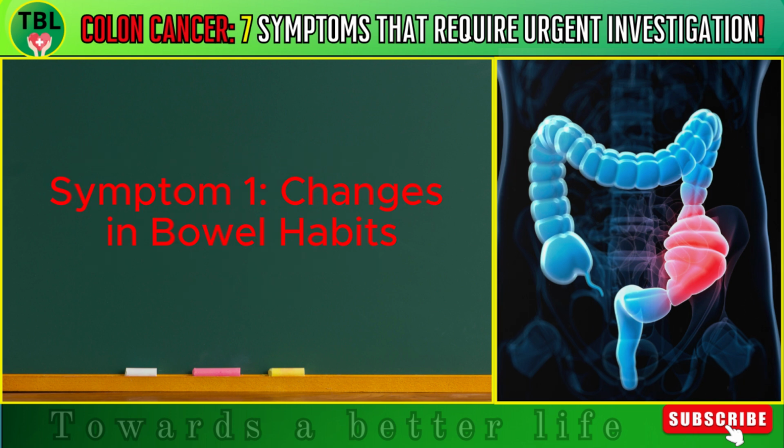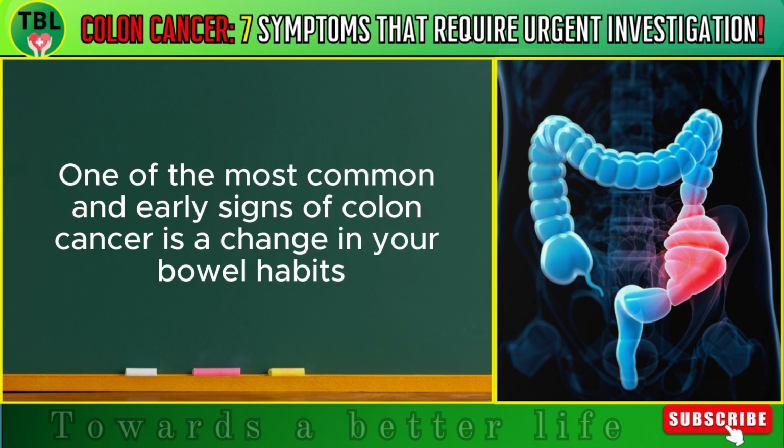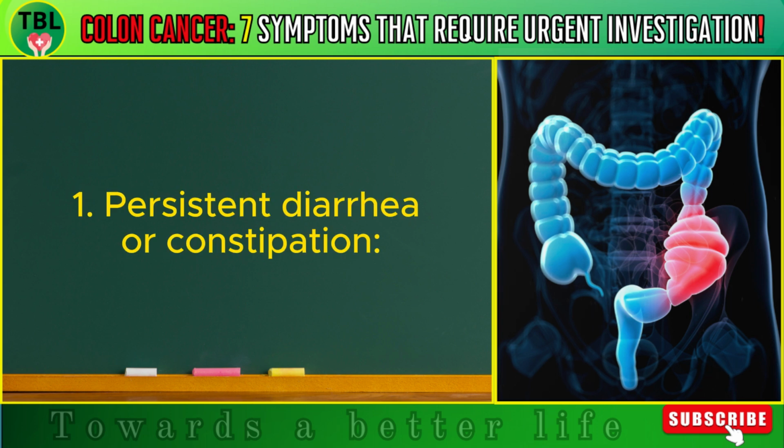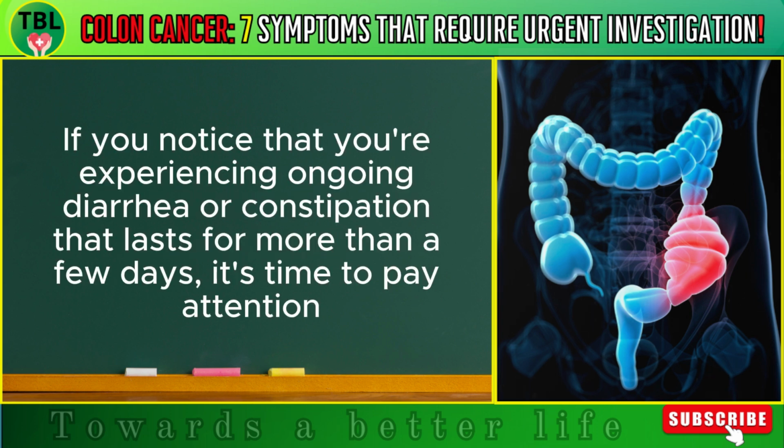Symptom 1. Changes in bowel habits. One of the most common and early signs of colon cancer is a change in your bowel habits. This can manifest in several ways. 1. Persistent diarrhea or constipation. If you notice that you're experiencing ongoing diarrhea or constipation that lasts for more than a few days, it's time